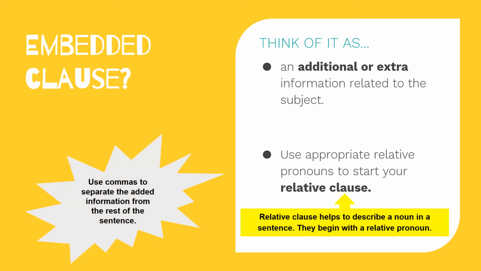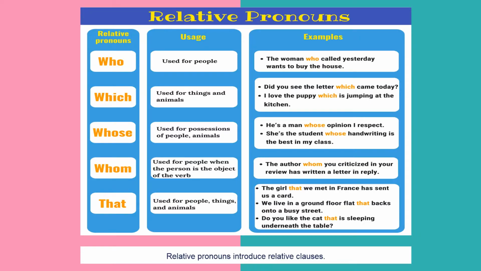When you use an embedded clause, you need to use commas to separate the added information from the rest of the sentence. We use a relative pronoun to introduce the relative clause we embed in the sentence. Relative pronouns vary according to the subjects of the sentences. For example,